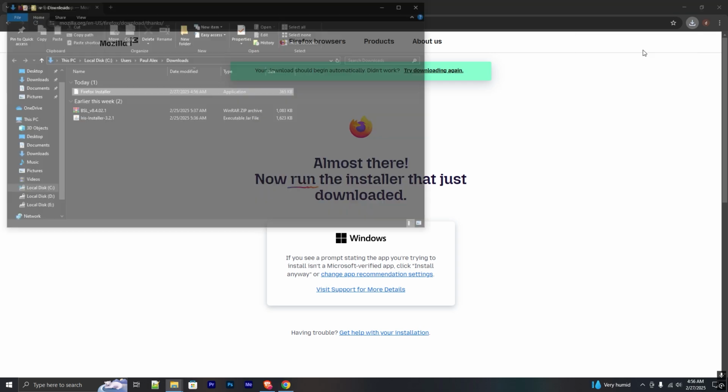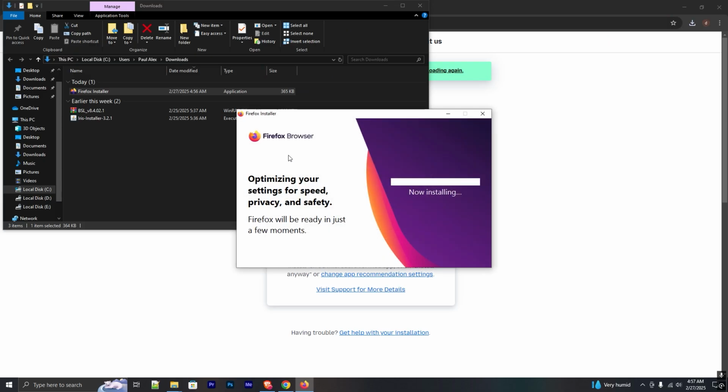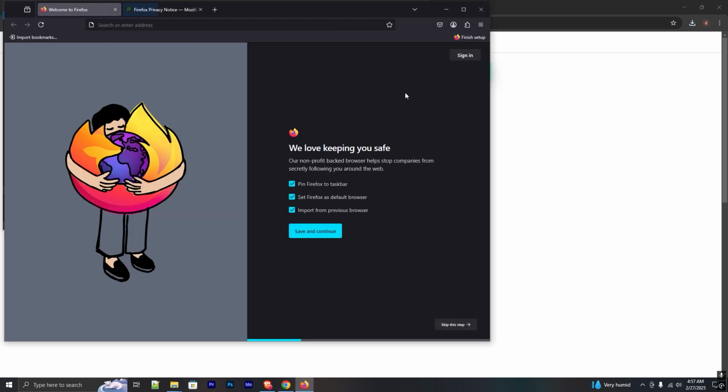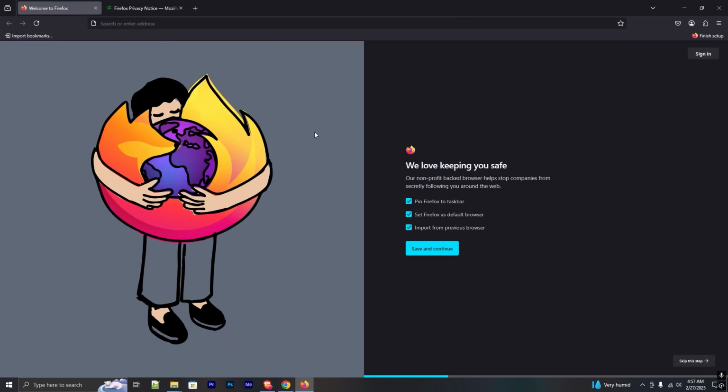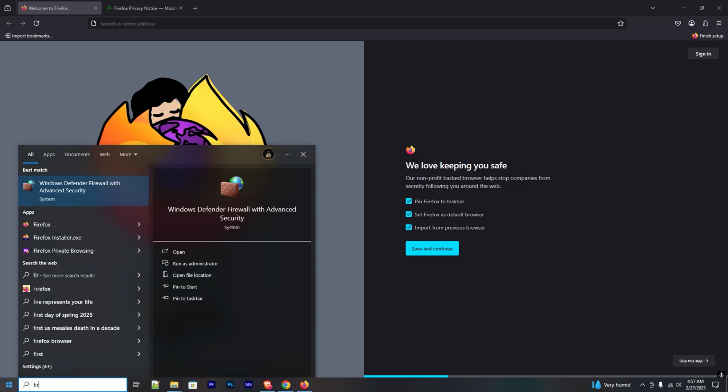So now it downloaded, and if I double click it and open it and click yes on the confirmation box, and it will start installing the Firefox on your computer. So as you can see, after installing it will auto open the Firefox. If it doesn't, make sure to go to start and search for Firefox, and you will see this Firefox app